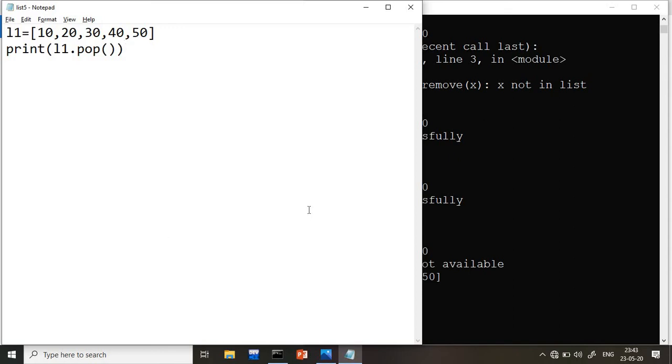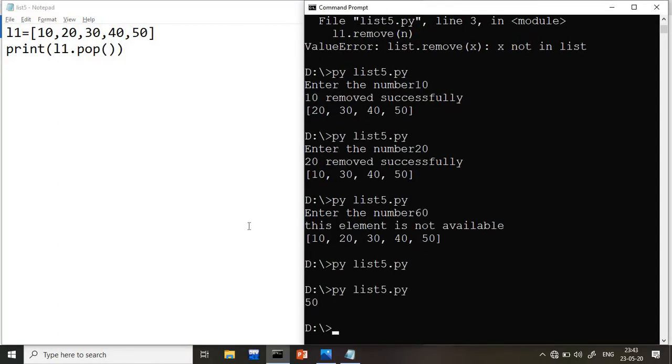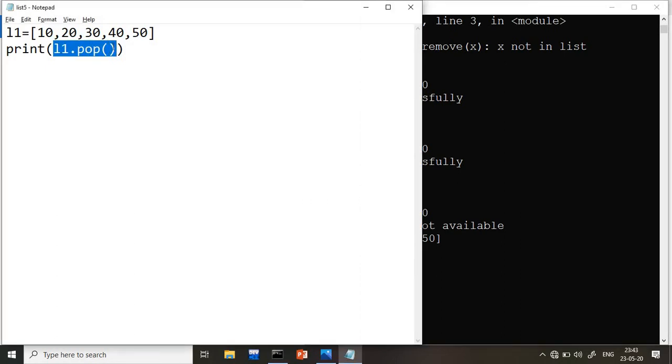If somebody is having doubts about why I am writing it like this, okay, I will show you that first. 50 is removed. Actually, this pop function will return the value, whereas the remove function will not return the value. Return means what? What it has deleted, it will let us know. Pop will return. Pop will always delete the last element, whereas the remove function will delete the element which we gave. Difference between pop and remove is what? See here. Remove,